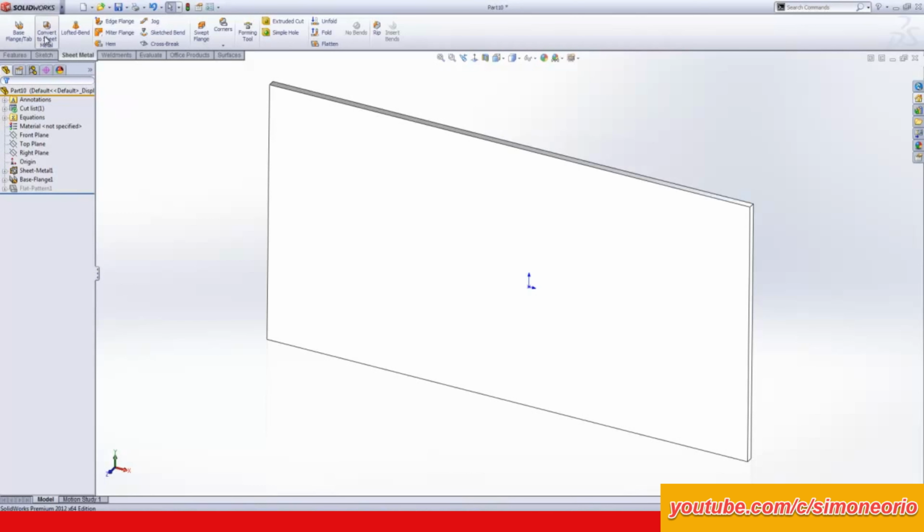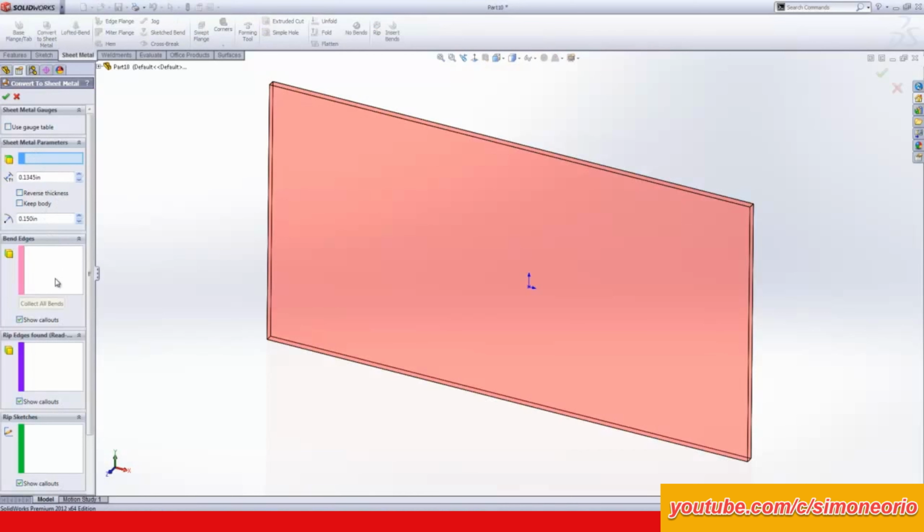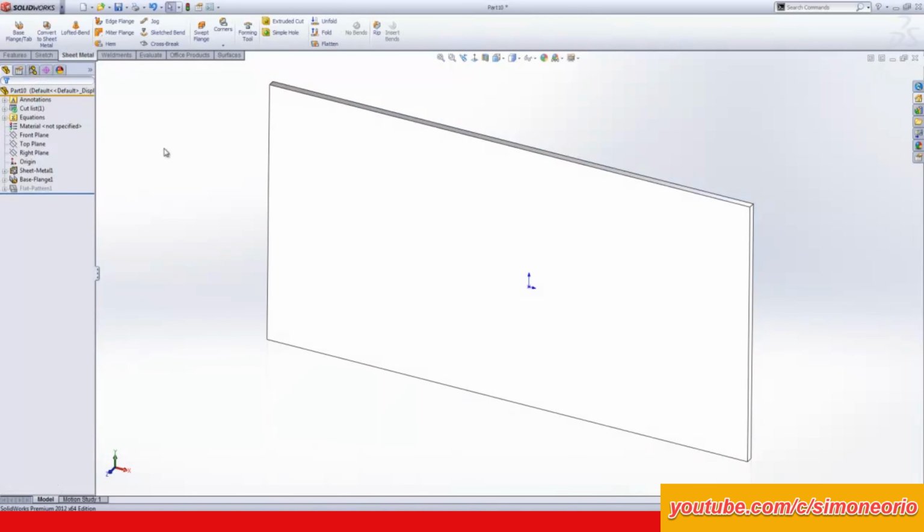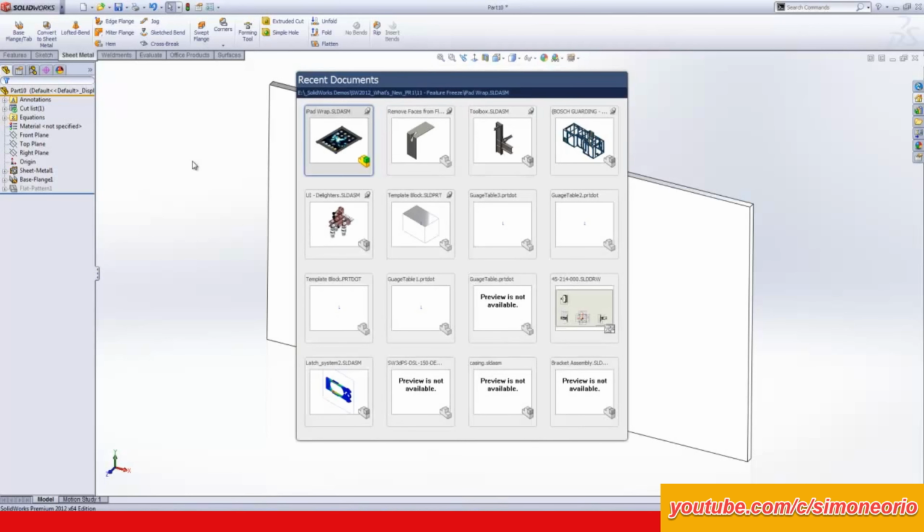Another one would be when we sometimes use convert to sheet metal. The same is true. Just build a dummy part, use convert to sheet metal, set your settings using a gauge table or whatever you're going to do, and then delete that feature as well. You can create multiple features and delete them, and it'll capture all those together in one nice part template for you. So just a few tips for you, some things to consider, and continue to mine through other features that you like in SolidWorks,